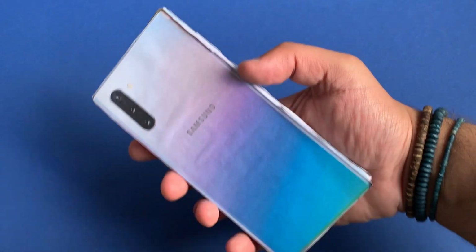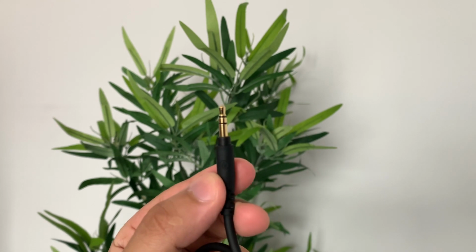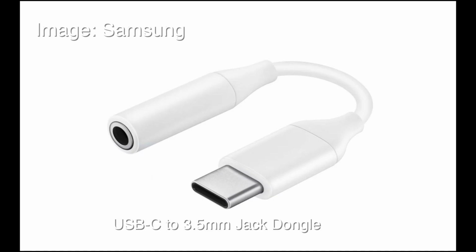The Note 10 and Note 10 Plus are also Samsung's first flagships that are rumoured to get rid of the headphone jack because of this image leaked by Samsung itself. If this is true,